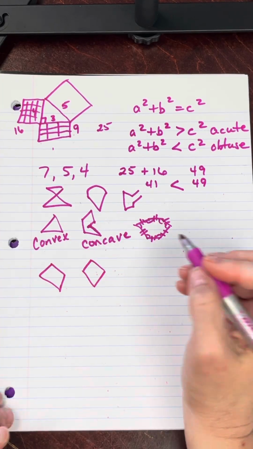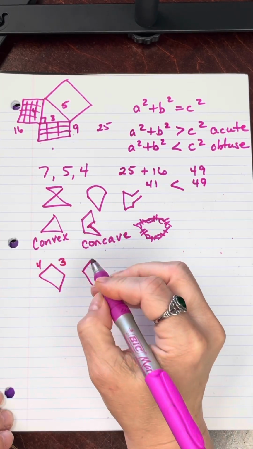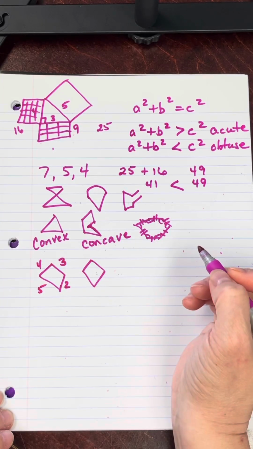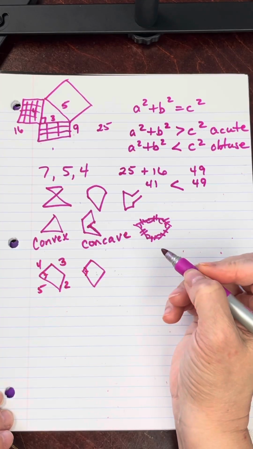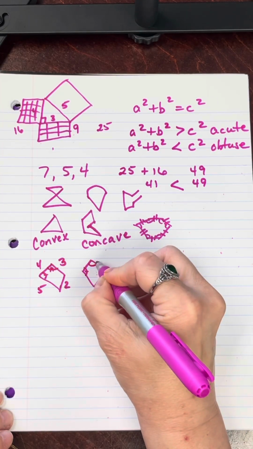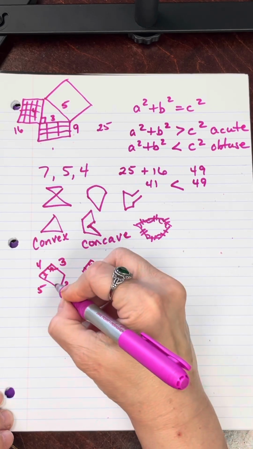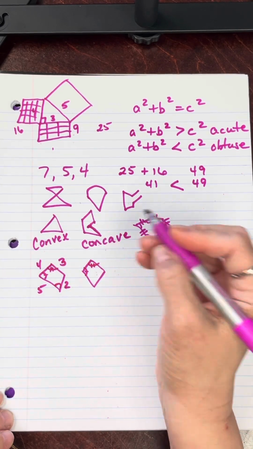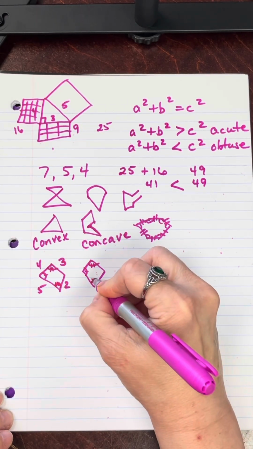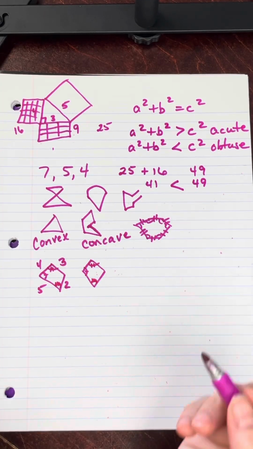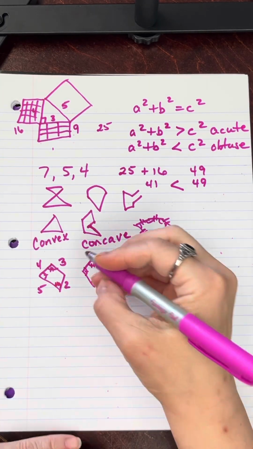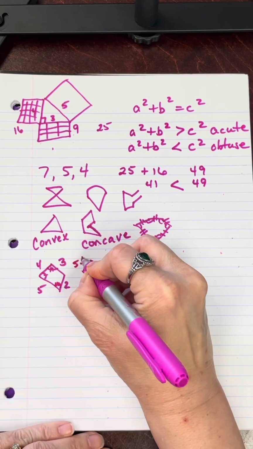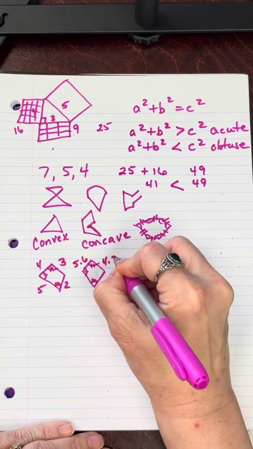It's off a bit, but this one's labeled 4, 3, 2, and 5. This angle is marked with a single tick mark to match with this one with a single tick mark. This one with a 2 tick mark, this one with the matching 2. This one with a 3, this one with a 3, and this one is not labeled, but by default, if 3 of them are going to be the same, that 4th one is going to be the same. They could have marked it with a 4, but they didn't. So in this one, it is labeled 5.6, 4.2,